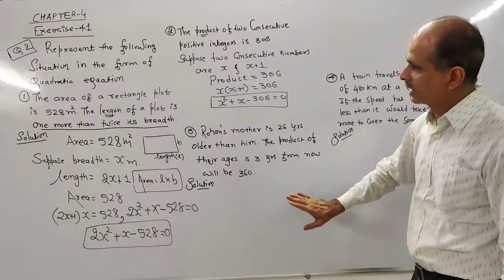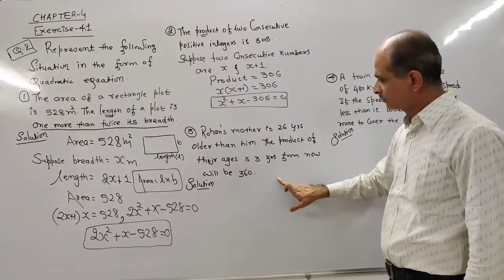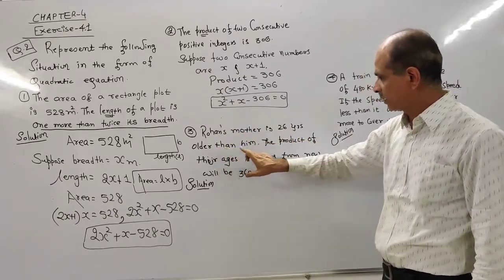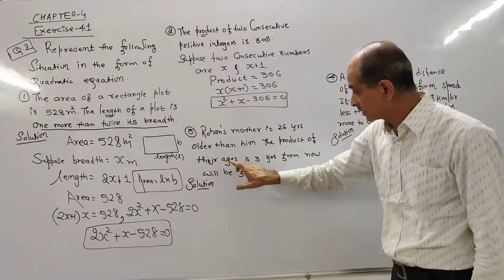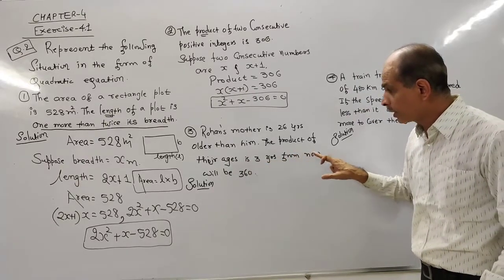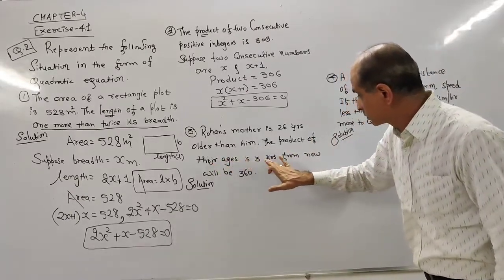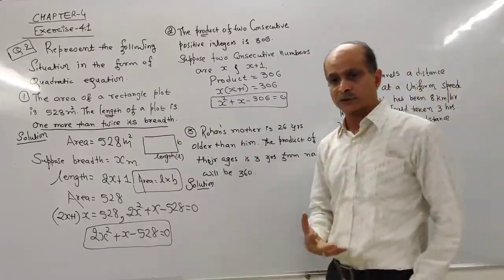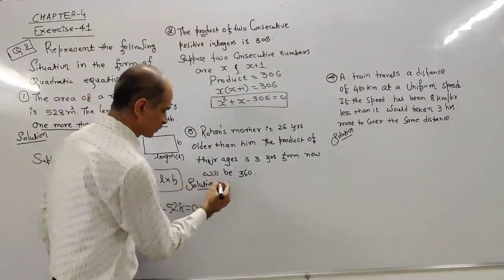Well, now the third example of question number 2, age related problems. Rohan's mother is 26 years older than him. The product of their ages 3 years from now will be 360. Their ages 3 years from now means after 3 years. So here, first of all, you have to assume the present age of Rohan and his mother. So suppose